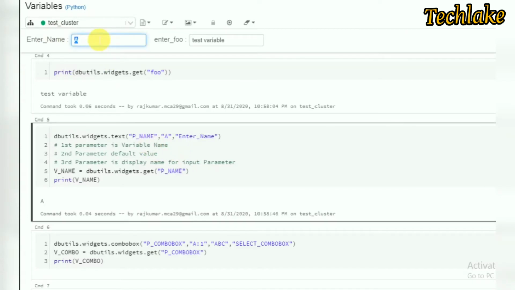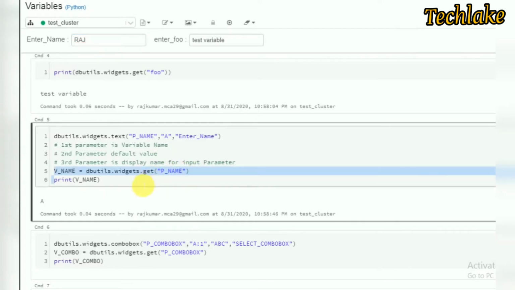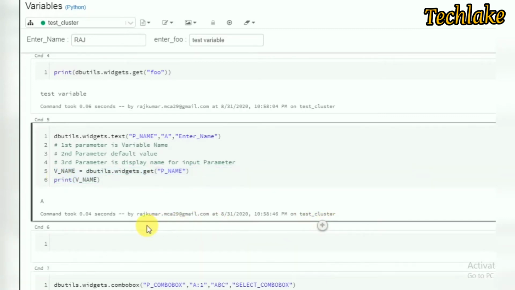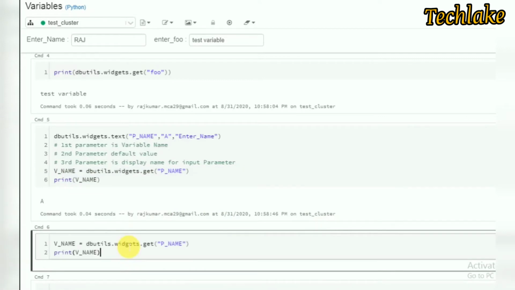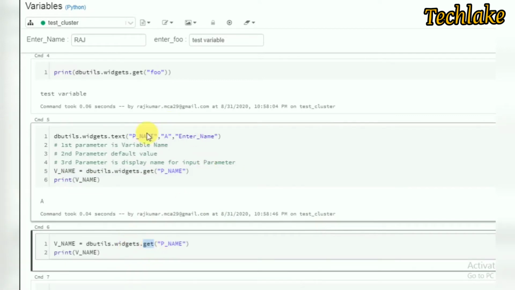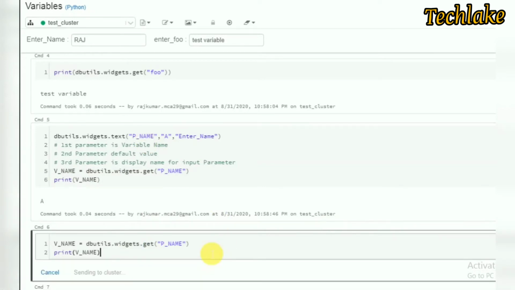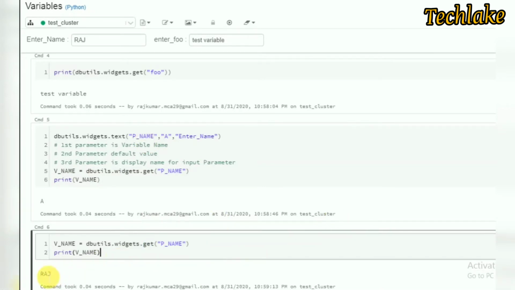This is the way we can get that value and store it. Get means reading the particular parameter you have declared and printing it here.